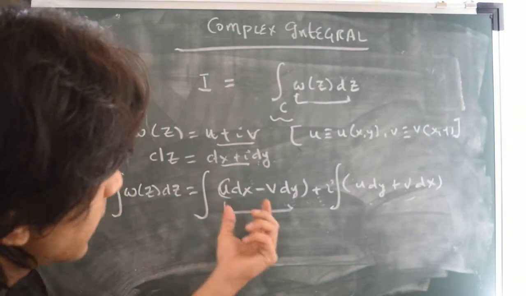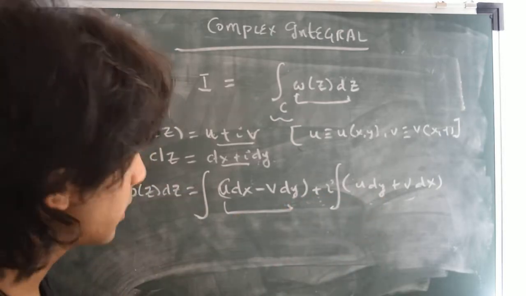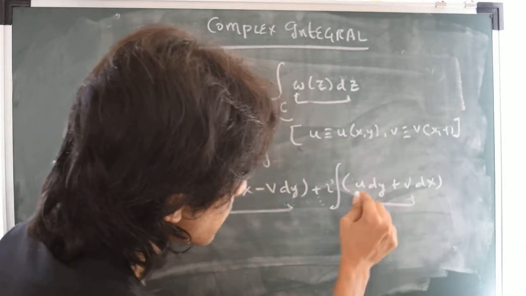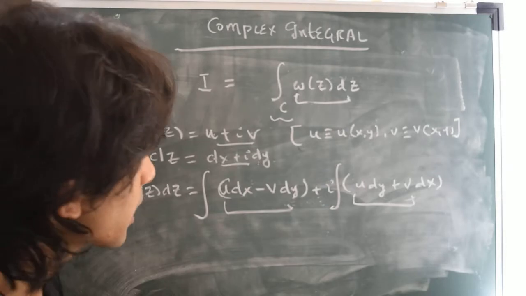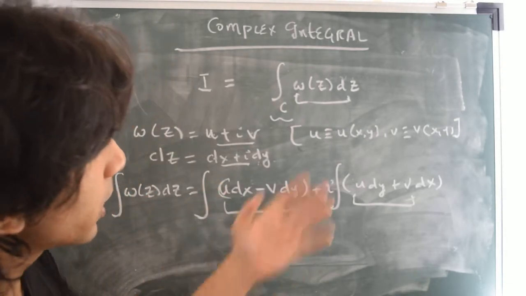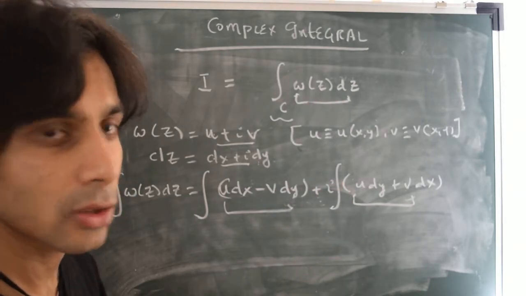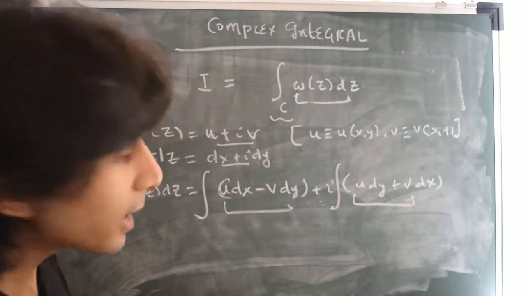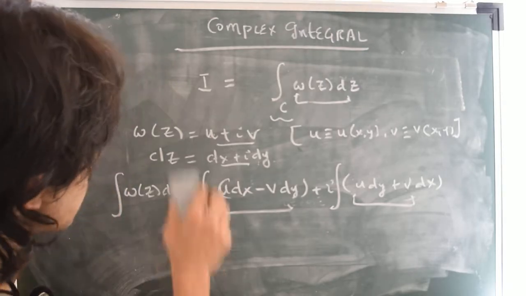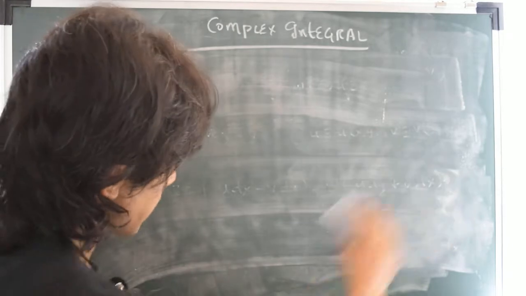Now these two quantities that we now have in the integrand are quite suggestive in many ways, and the way to see that is to invoke the interpretation of the complex function w(z) as a vector in the complex plane, and then let's see what happens. So let's just keep this in mind, that this integral, I'll just write it down here,